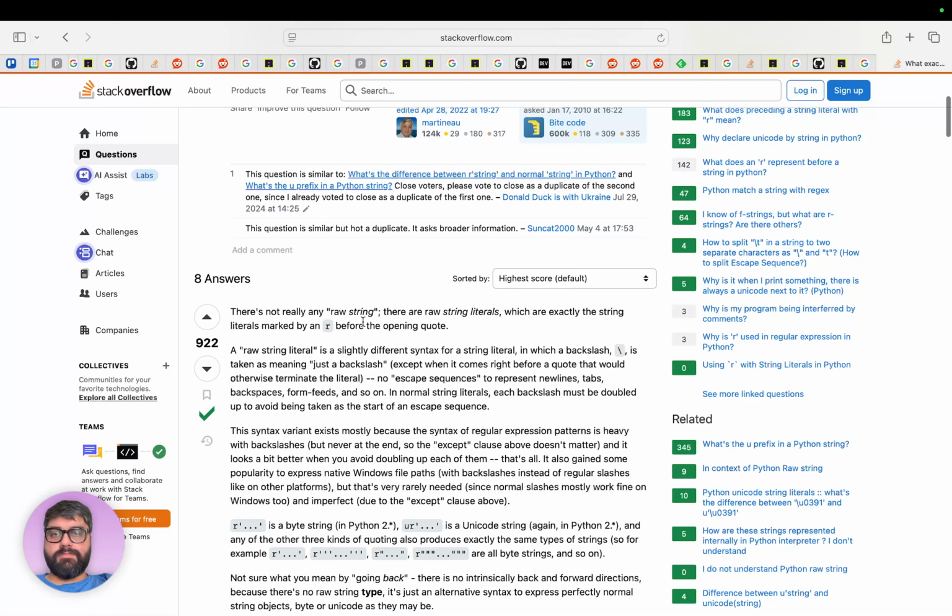There's not really any raw string. There are string literals, which are exactly the strings marked by an R. There's slightly different syntax for strings.